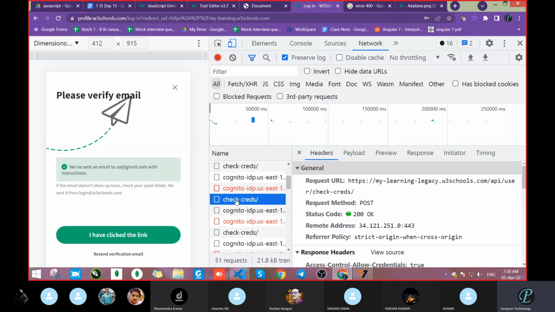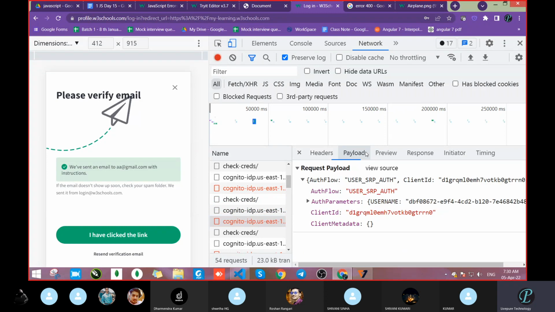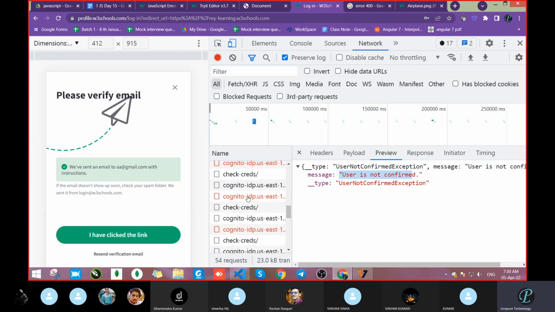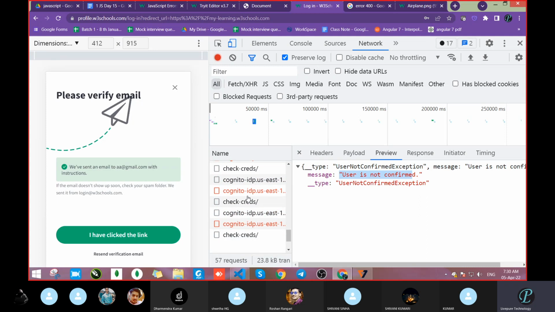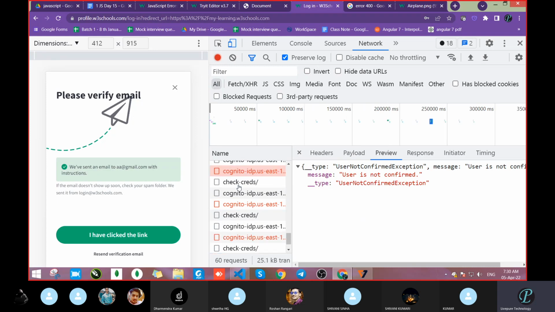Next, you can check the review. Okay, so again the same message is there: user not confirmed. Let's see. I think they added some time duration, that's why this many requests are automatically sent. See, the user is not confirmed because this email will be valid for only a few minutes, like 5 minutes, 6 minutes.